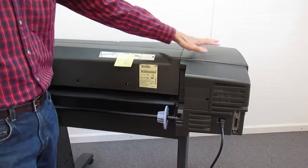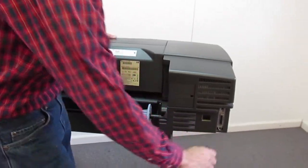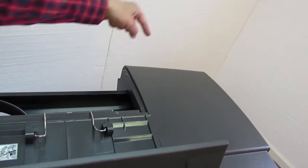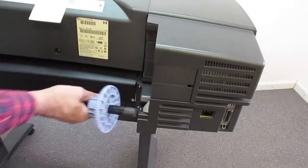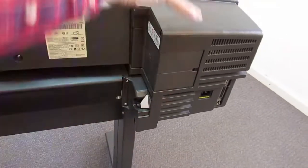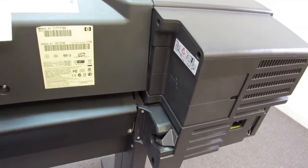Okay, we're going to have to take this cover off. There's 5 screws on this cover. I'll unplug it. One of the screws is inside the front cover here. There's one down on the bottom in the front. If you bend over, you look at it, you'll see it. And there are 3 in the back. There's 1, 2, 3. Now, we've already removed all of these screws, except for one, just to speed things along